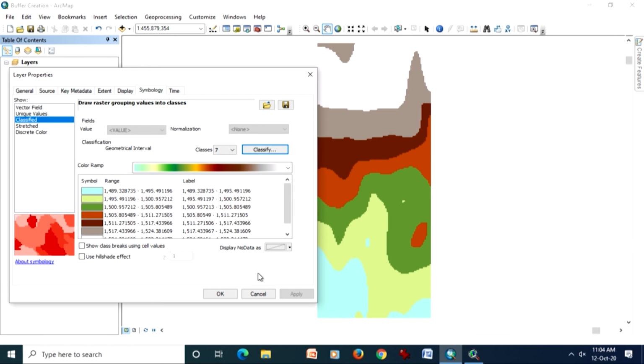Otherwise, methods are available, but nobody will tell you which classification method you should use. Whenever we go for equal interval, which is the simplest one, many software packages have it in general as the default.